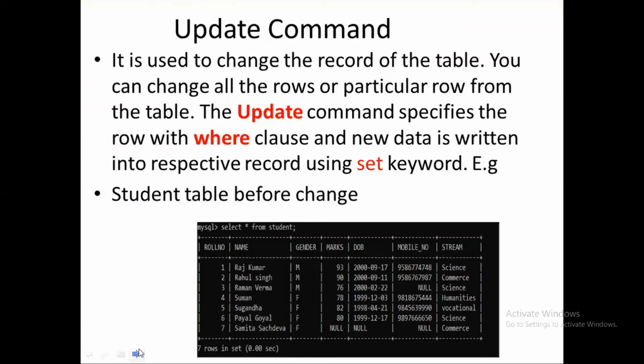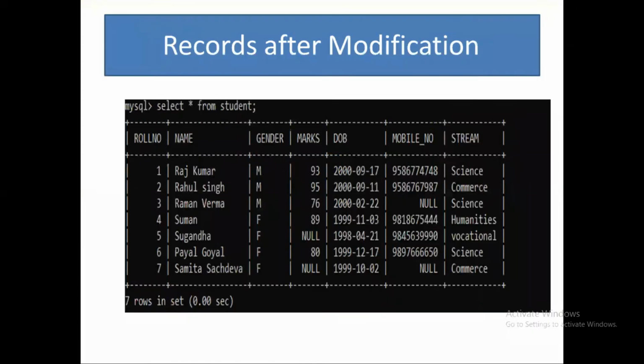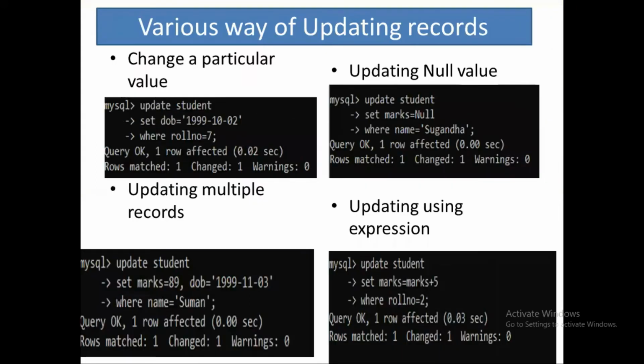Excuse me. Yes. So, the SET keyword. Let us see the syntax of this. For the update command, you have to use UPDATE, table name, and the keyword SET. If you want to make changes in a particular row, how can I do it? UPDATE, table name, and the keyword SET, right? And the column name in which you want to enter the data. Suppose I want to enter the data in DOB. So what I did, DOB is equal to this, and of course the column where condition.